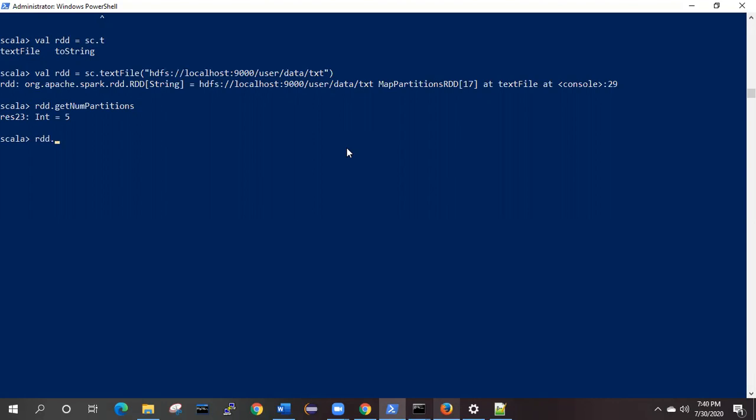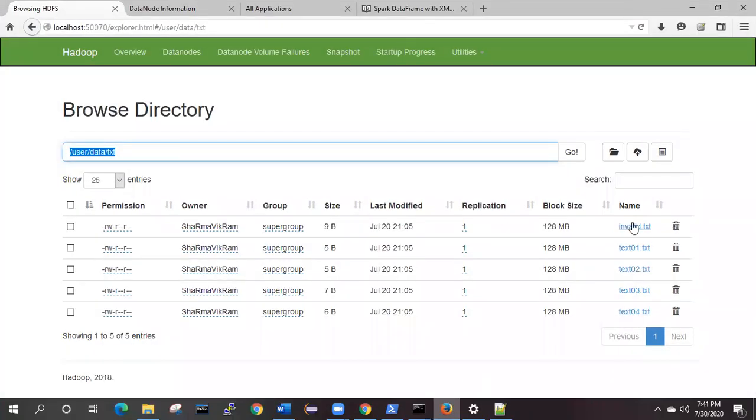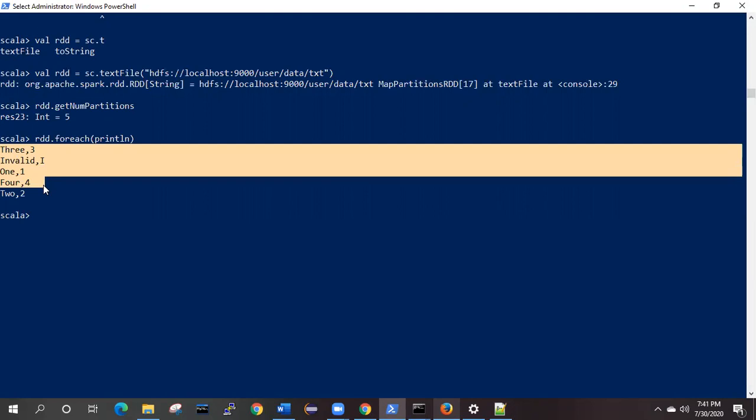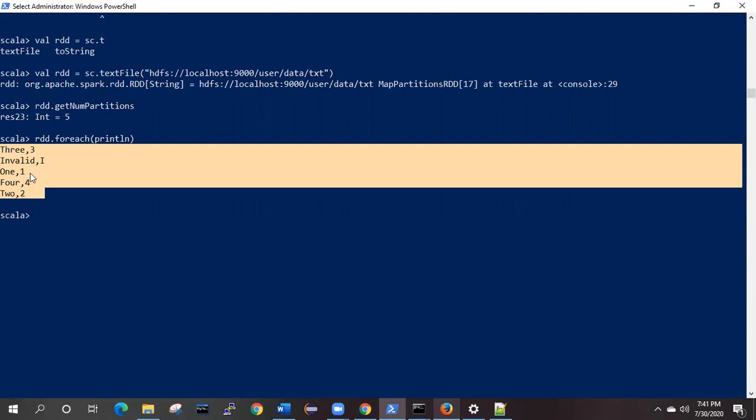Now we are going to list the content of this, so foreach with println. To cross verify, you can see text1, text2, text3, text4. There are totally 5 files, and we have 5 outputs. In each and every file we have a single line as the output.